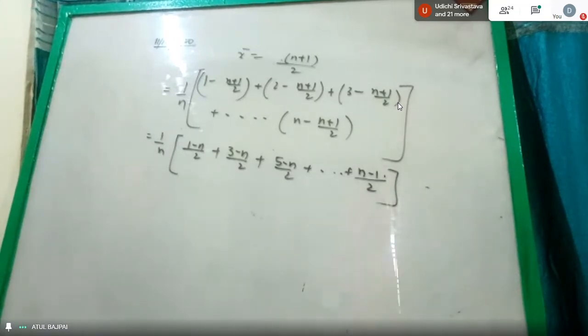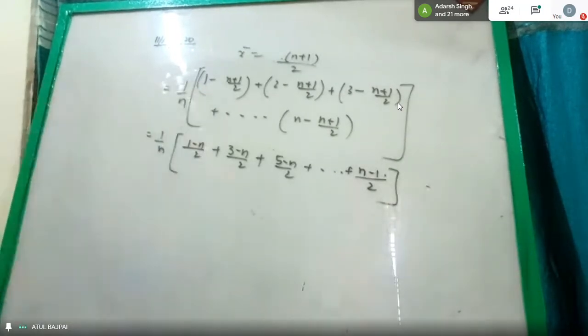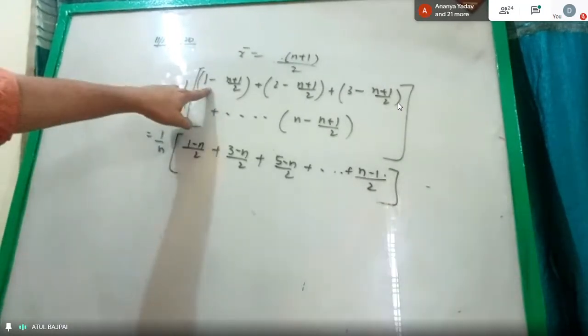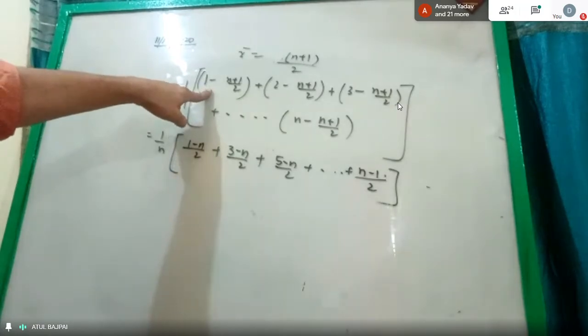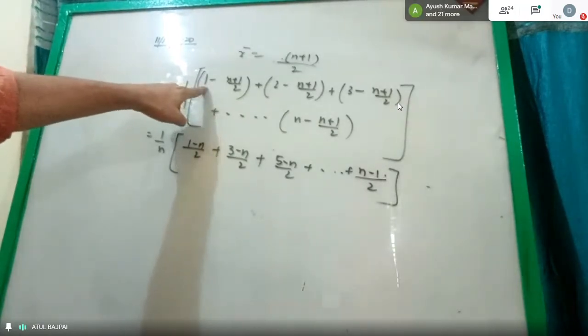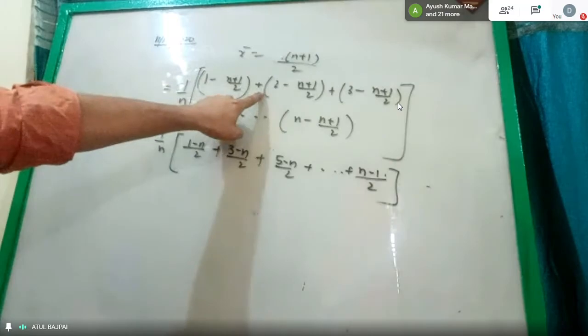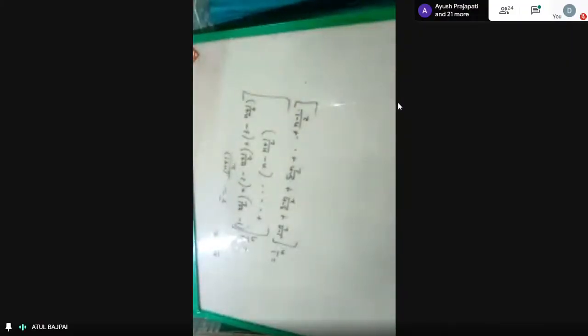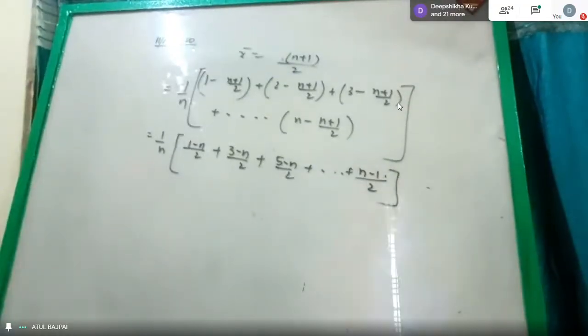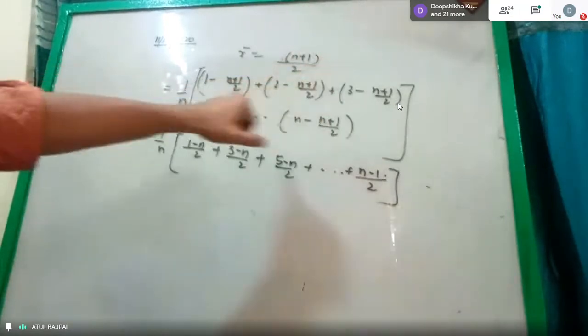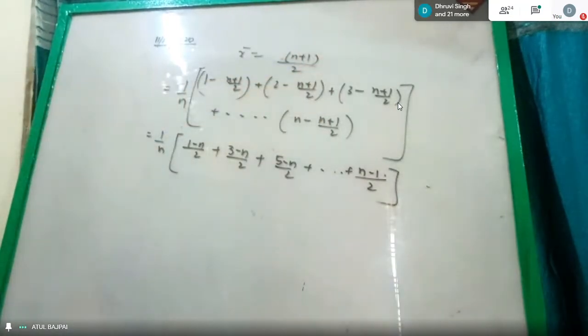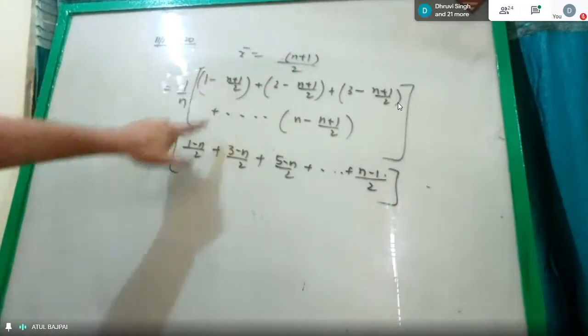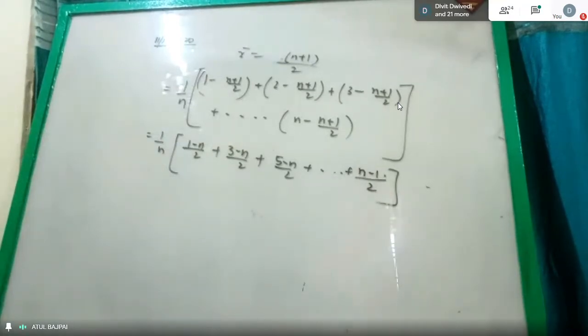Can you explain this again? Which one? This step or this one? The above one. This is deviation. What is finding mean deviation? The first number is 1 minus mean, the second number is 2 minus mean, the third number is 3 minus mean, and this is all divided by n. And when we simplified, I got the answer with this. Yes, sir, I got it.